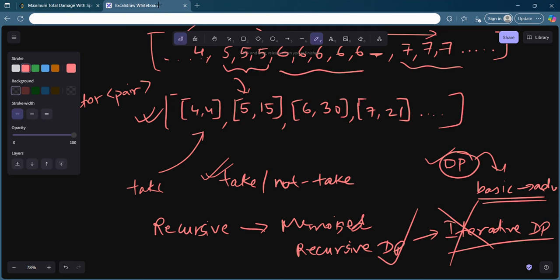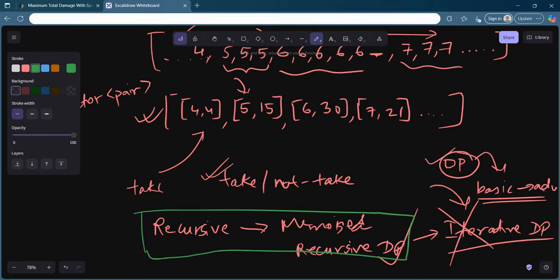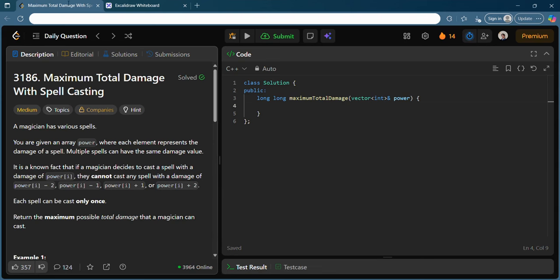in most cases. And if you have practiced a lot of problems, then you can directly go on writing this iterative DP. Yeah, so things will come into your mind, but in today's problem, I will assume that you have not had that much practice in DP. So I will just go through both the recursive and the memoized solution.